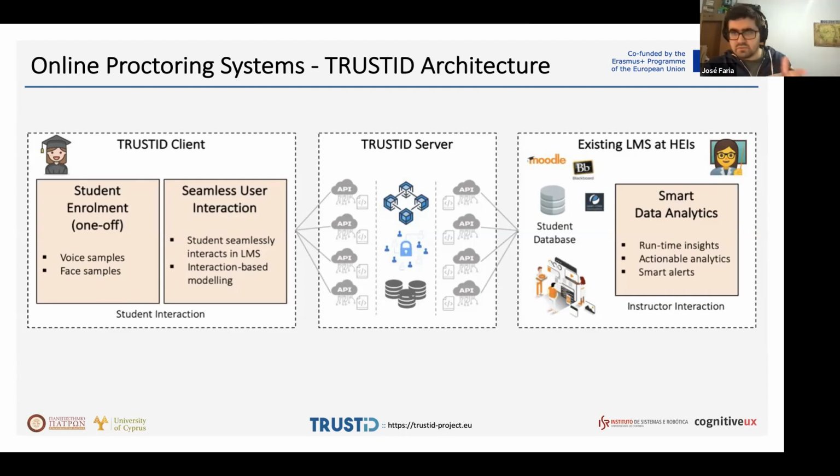Next, for this presentation, we're only going to be focusing on face identification. And for this, I'm going to pass the word to Pedro, who is going to be detailing a little bit more about what we've been doing and what we've been implementing. Okay, thank you, Jose. Can you just release the share for me, please? Yeah. Thank you.